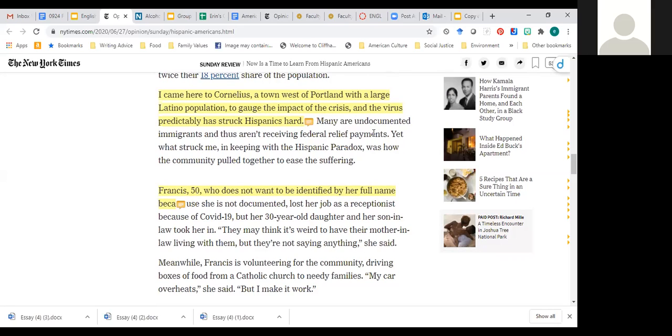Because it shows how they're resilient and in what ways they are. Definitely. It also refutes a common belief that immigrants are here to take government money.